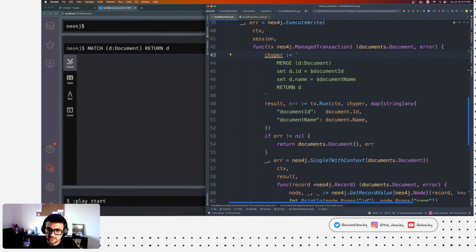All right, and then you write your Cypher query. And here we're saying that we're gonna use a merge. And why are we using a merge? Because if we have the same data with the same properties, I don't want to execute anything, right? I don't want it to duplicate data. If I use create, it will duplicate it. But if I'm using merge, it will do like a select: okay, if it matches, then ignore it. If it doesn't, then update it. And I showed that on last stream.